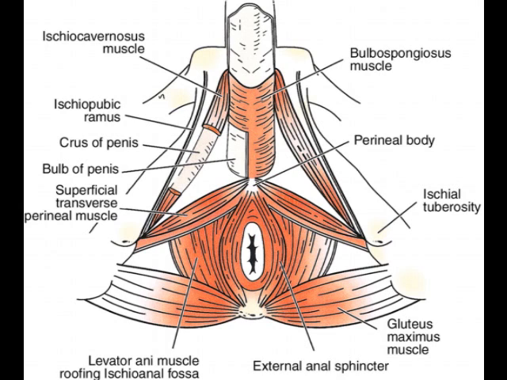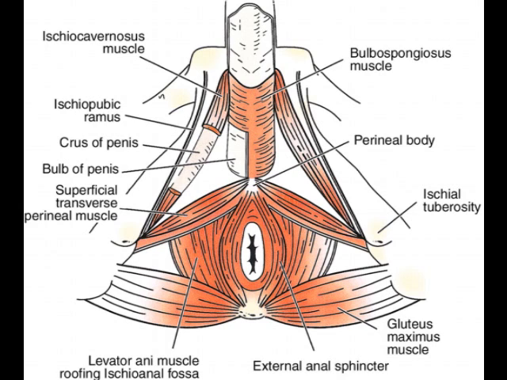You can see first the bulbospongiosus muscle, which is basically at the base of the genital area. It's right below this. It goes from mostly right below the scrotum area all the way down to just above the anus area, and right in the middle there, right below the bulbospongiosus muscle, you see something called a perineal body, which is